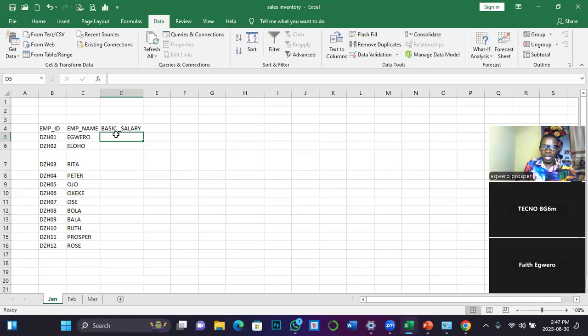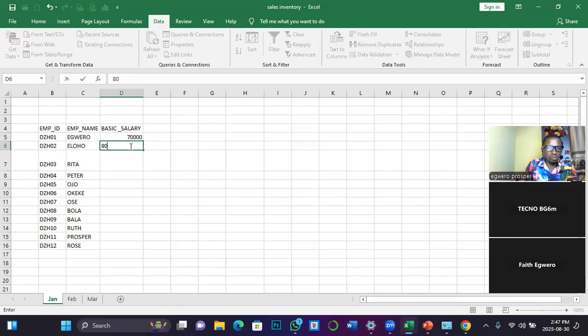So let's assume their basic salary. I'm just going to randomly allocate this, because if you are creating this for an organization, then that company ought to have given you their standard basic salary. So let me assume that this person is earning this, and then I will just use a technique to help myself. Now I want a difference of 1,000. So if this is 70,000, then I will just give Excel an example that the next one should be